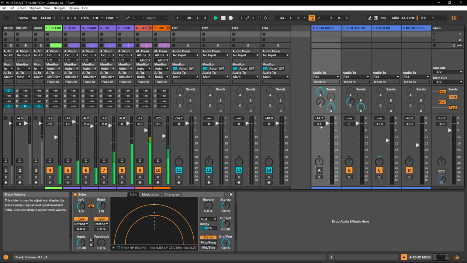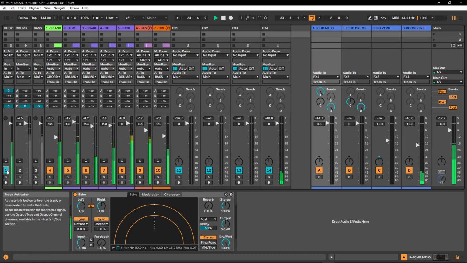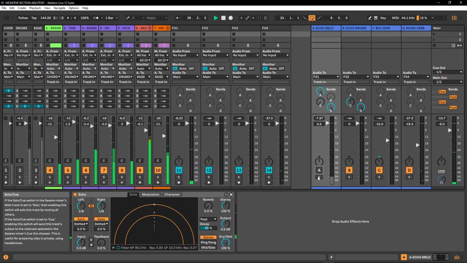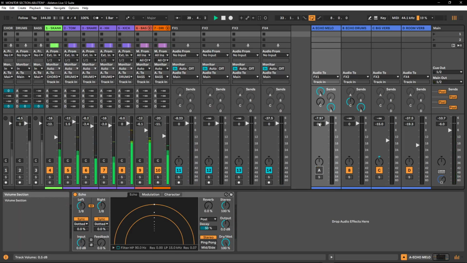So if we go, for example, just 0.5 and experiment the same, it rises faster, okay? If I put it at 1.5 dB above the unity gain,